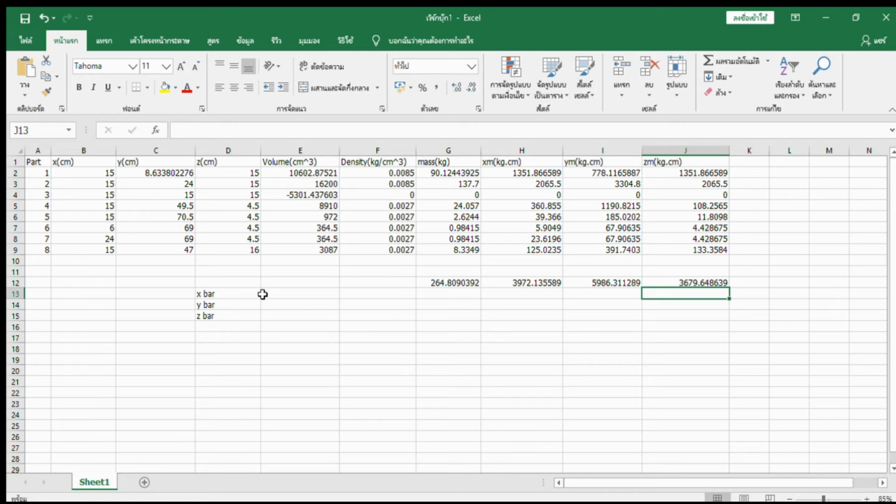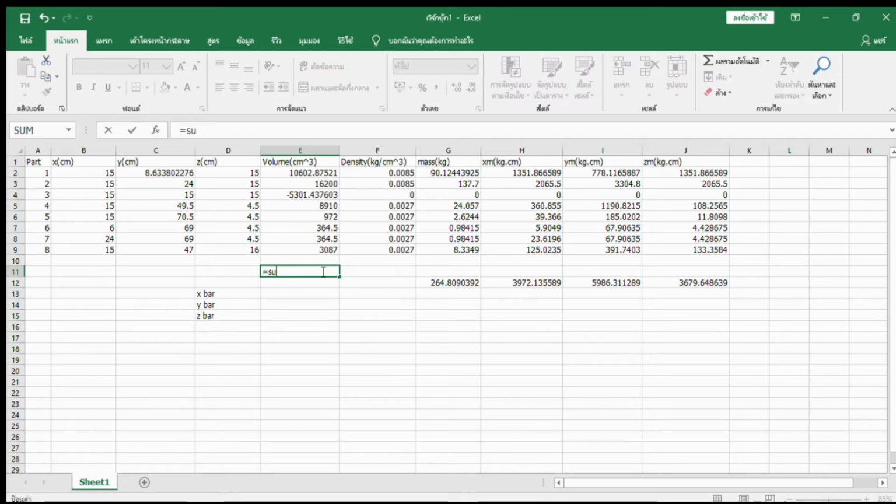Okay. Now to calculate the X bar, Y bar and Z bar for the whole body is equal to the sum of the mx divided by the overall mass, and the extra one, we can find the whole volume of this body by this sum and then